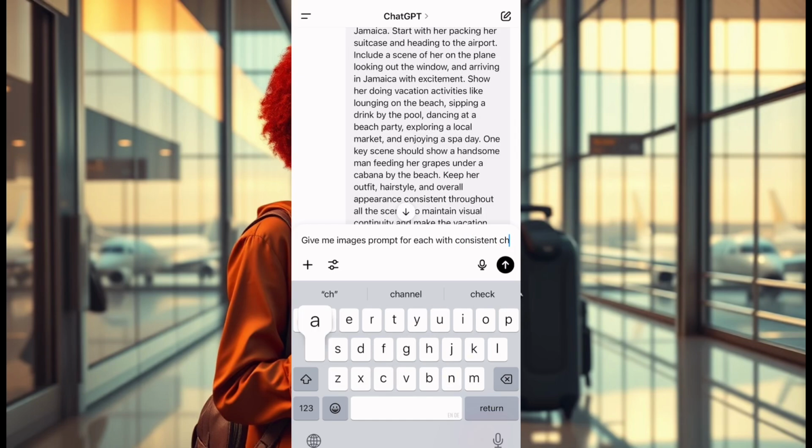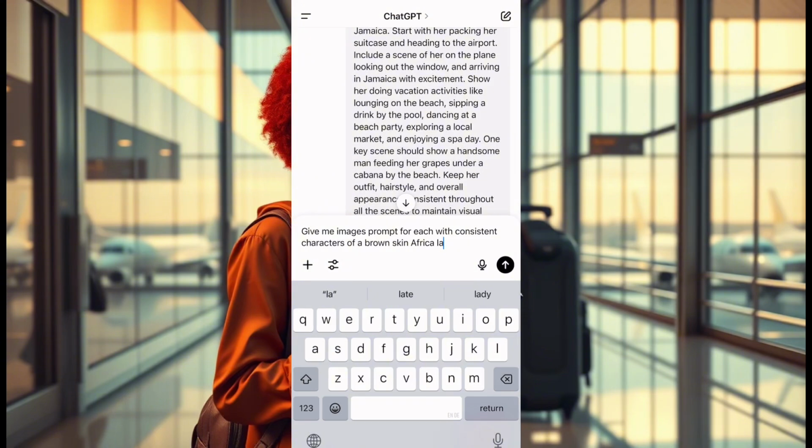If I already know the kind of character I want to use, I'll say with consistent character of, let's say, a brown skin, I don't want too dark, brown skin